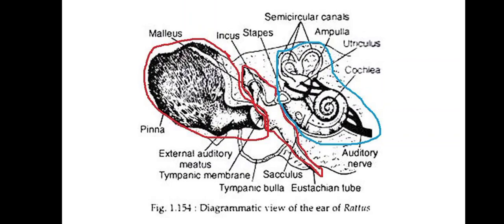So look at this figure. In this figure you can easily identify three main areas and three main parts of the ear of rat. The first part is external ear. It consists of three main elements: external ear pinna, auditory meatus, and eardrum. Number two is the tympanic cavity, means middle ear. In this you can find three main ossicles, ear ossicles, and the inner ear, which is lined by blue color, consisting of cochlea and semicircular canal, which we will see further.